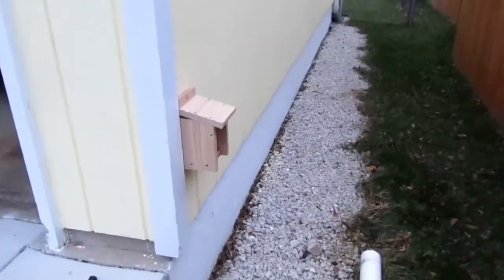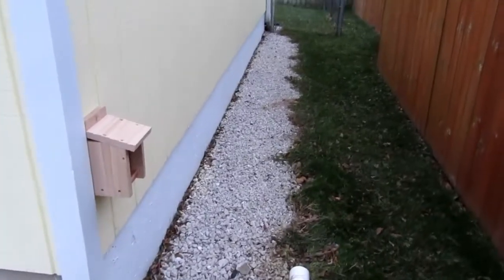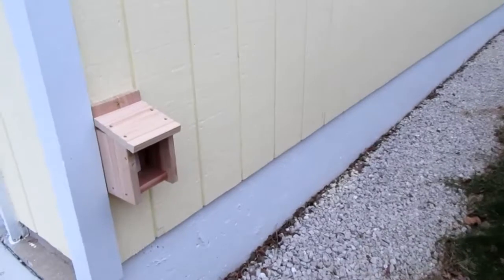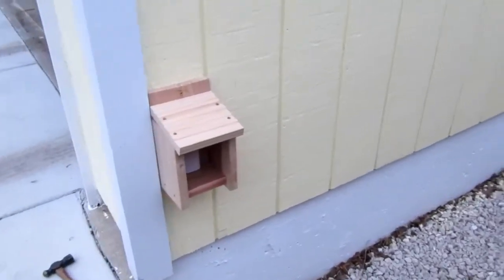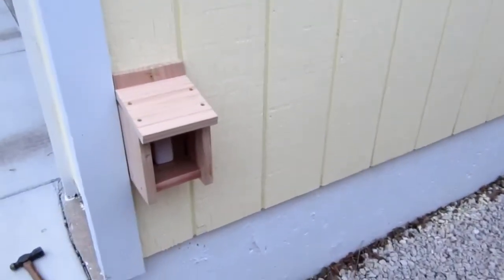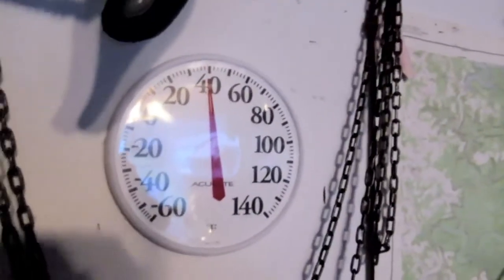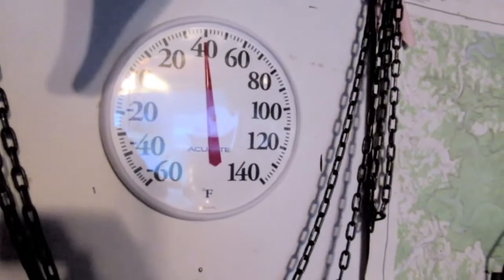Pretty much out of the way. There's no traffic there. Should do a pretty good job. It's not going to get directly rained on, and it should never be exposed to the direct rays of the sun being in there. Here's my other Acu-Rite product, which is